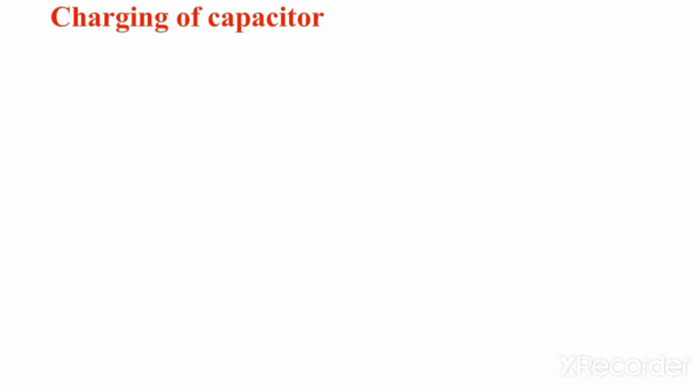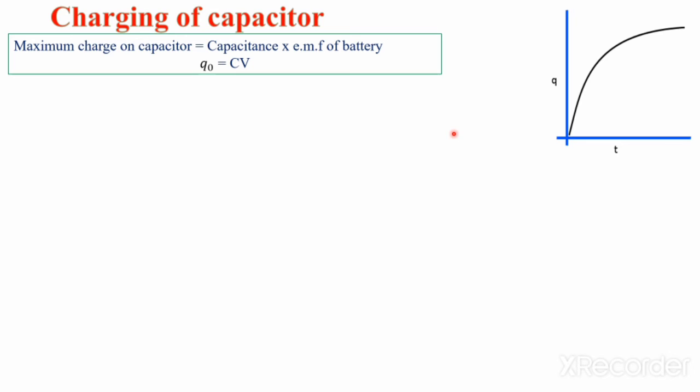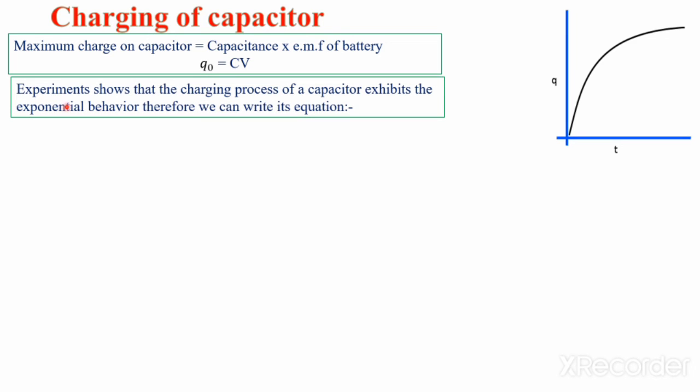Maximum charge on a capacitor is equal to capacitance times the EMF of the battery. Here maximum charge is represented by Q0. So we get maximum charge Q0 equals C times V. Experiment shows that the charging process of a capacitor exhibits exponential behavior. Therefore, we can write its equation Q equals Q0 times (1 minus e to the power minus t